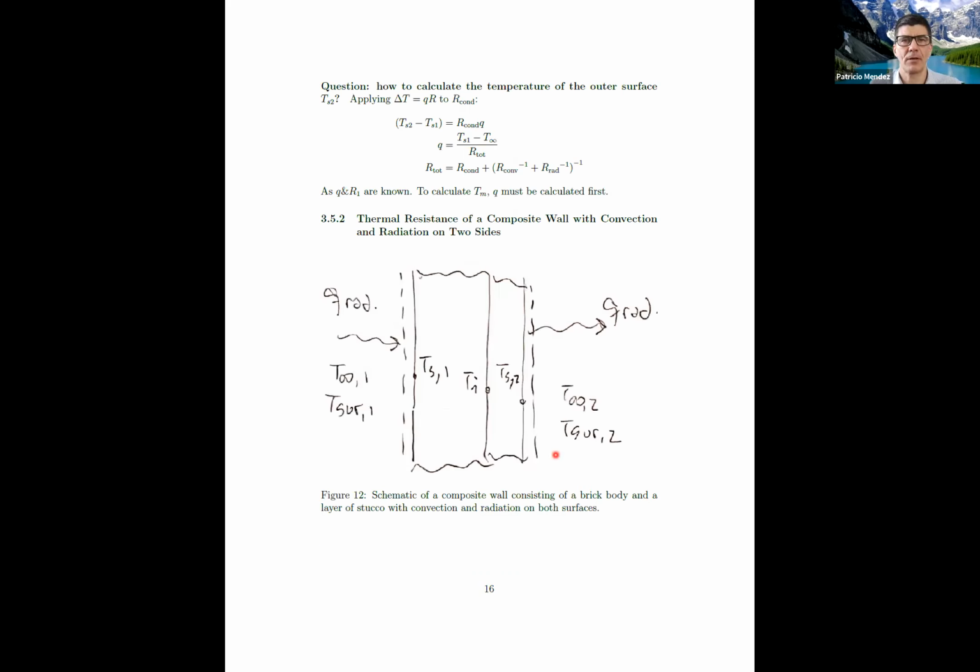Something I skipped quickly here is that we also discussed, the week before the break, the concept of dominant thermal resistance. That is the resistance that contributes the most to the final value of the composite resistance. So in the case of series resistances, if one resistance is particularly large, the overall value of the total resistance is dominated by this large resistor, and this resistor will be the dominant